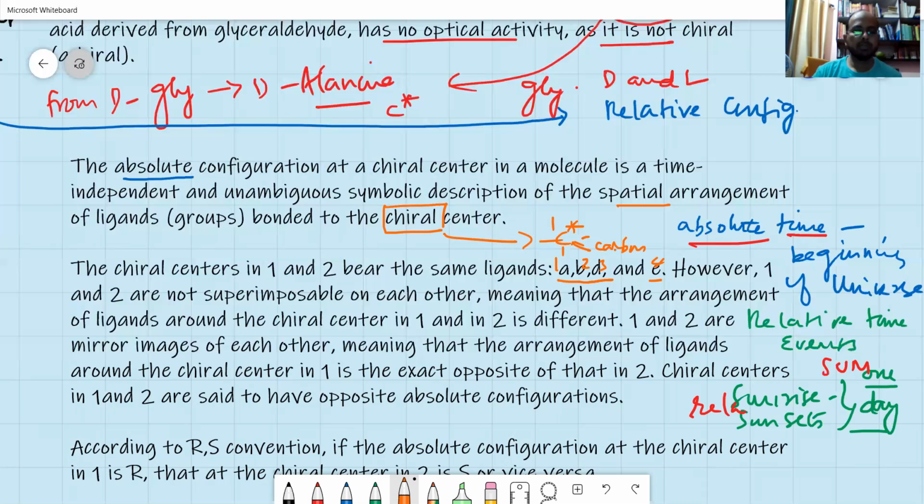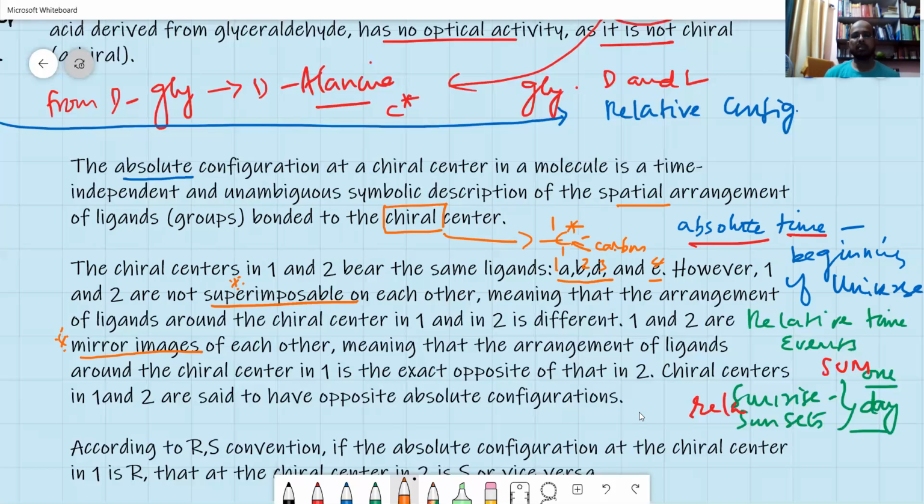So superimposable means, if you look at the camera, both my hands are superimposed. If I place a hand like this, my right thumb and left thumb are free. It is not superimposable. If I place it like this, the left thumb and the right thumb exactly match, and therefore that is called superimposable. And they are often mirror images. Superimposable is the important point you have to write for relative and absolute configuration. Mirror images is the next point you have to write.